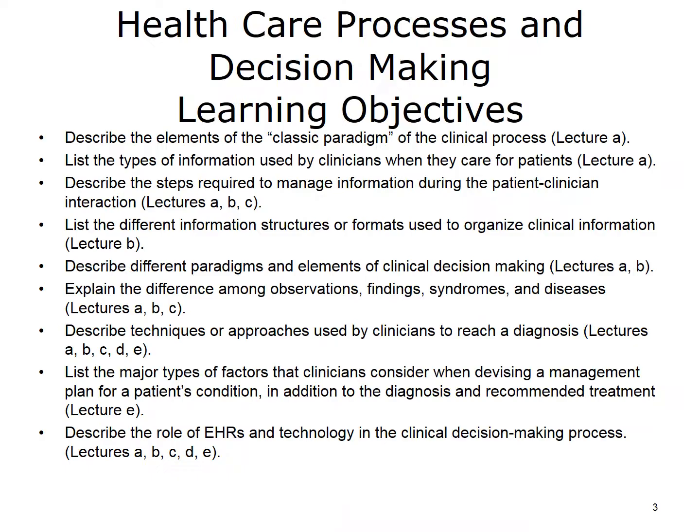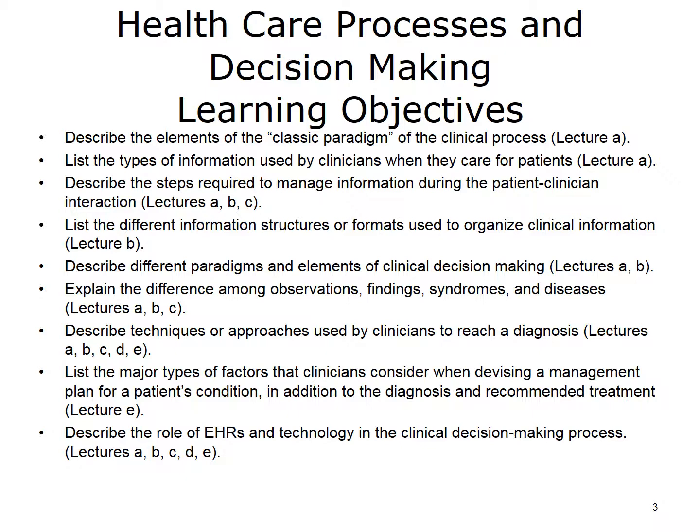workplace. The objectives for healthcare processes and decision-making are to describe the elements of the classic paradigm of the clinical process, list the types of information used by clinicians when they care for patients, describe the steps required to manage information during the patient-clinician interaction, list the different information structures or formats used to organize clinical information, describe different paradigms and elements of clinical decision-making, explain the differences among observations, findings, syndromes, and diseases, describe techniques or approaches used by